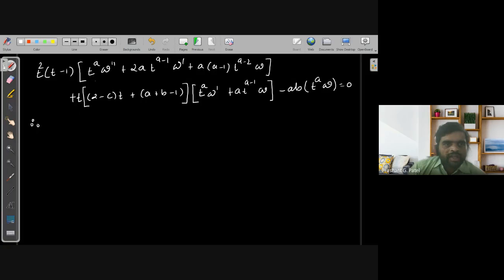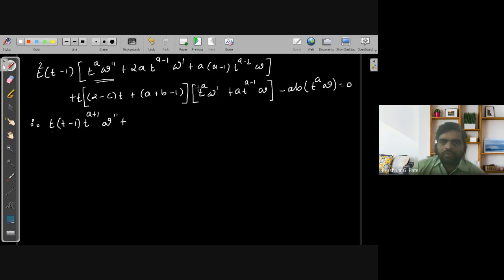So you just see what w double dash is. The coefficient of w double dash is t square into t minus 1 t power a. So that is t into t minus 1 t power a plus 1 w double dash. So instead of writing t square, we'll just write t into t minus 1 t power a plus 1. This is the first coefficient we got. Plus,